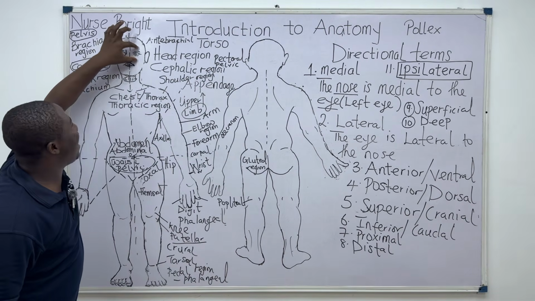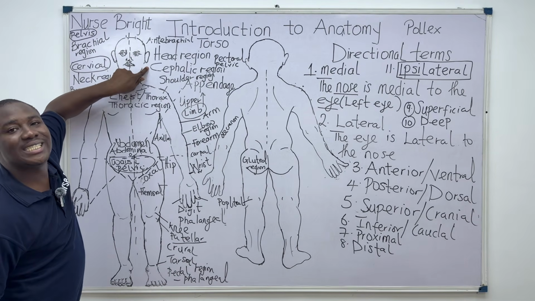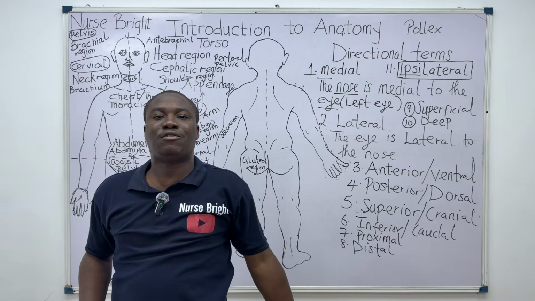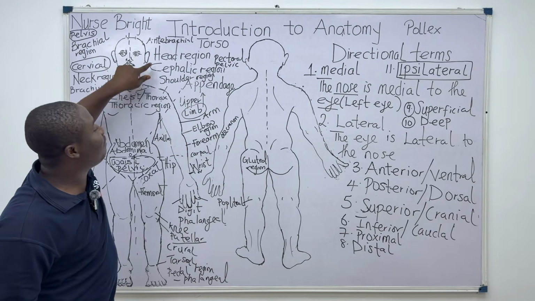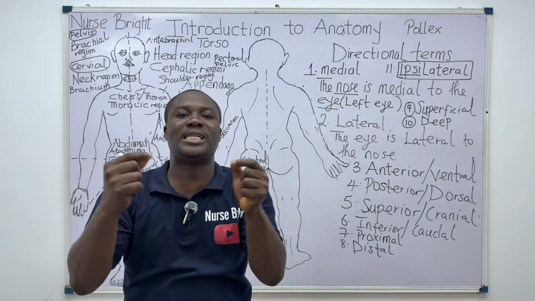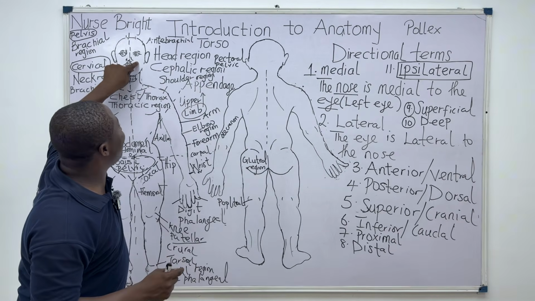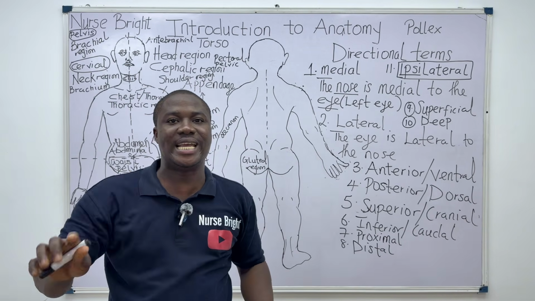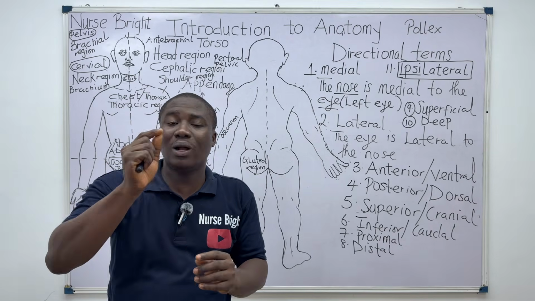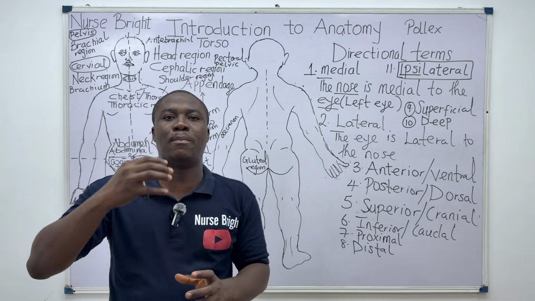So this is the left eye. And this is the left ear. They are located at the left side of the body. Hence, the left eye and the left ear are ipsilateral structures, meaning that the left eye is ipsilateral to the left ear. You can see how it works. All these things are very vital to understand anatomy properly.